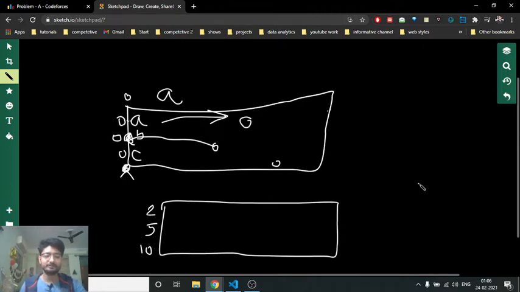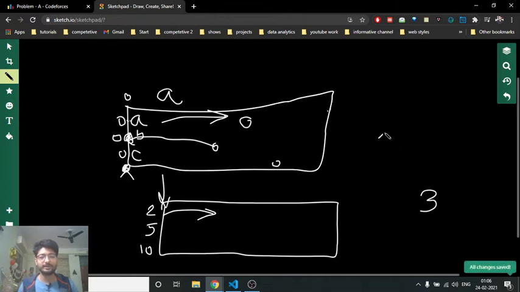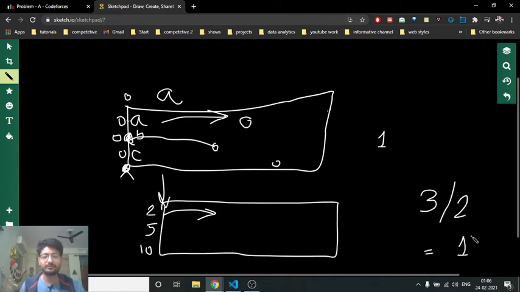Now as you can see, maybe the person will come to this leftmost part after 3 minutes. After 3 minutes when this person comes, this person has already done one round, and has gone to the next round, and he will come back to this point after 1 second. How can you easily tell that? If you divide this number by 2, then you can tell that this person has done one round, because obviously this person takes 2 minutes to do one round, and this person comes after 3 minutes, so it obviously means that he has done one round.